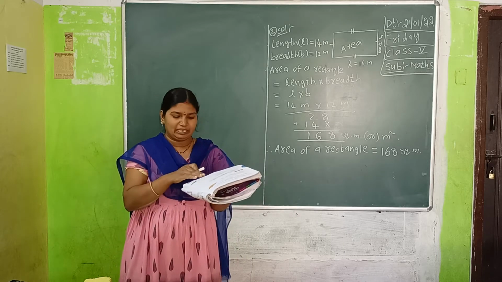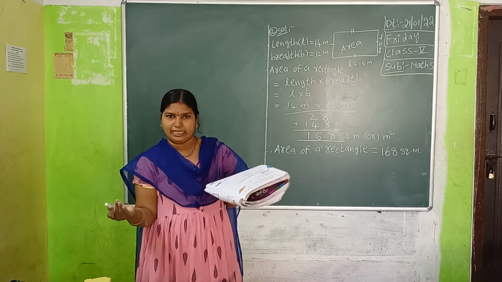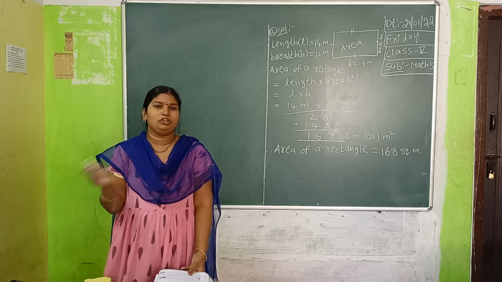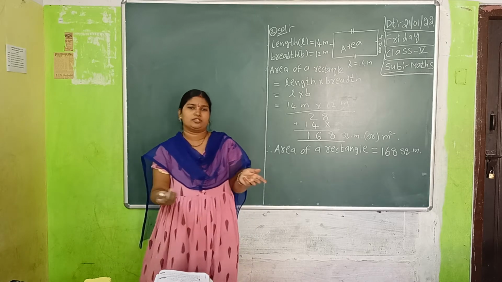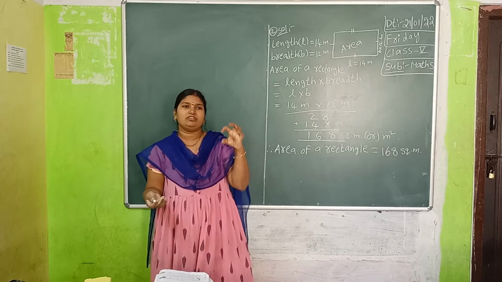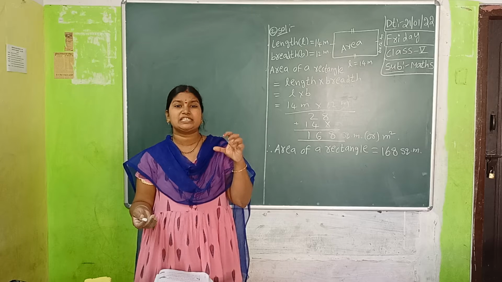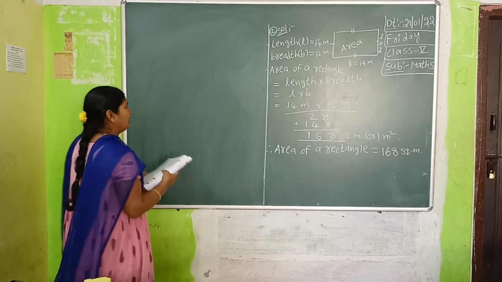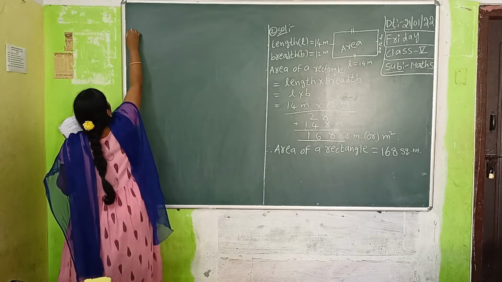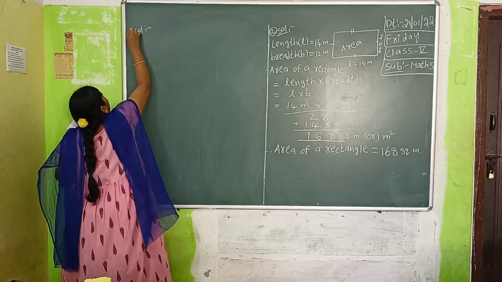Directly they gave the perimeter, and they are asking what is the length of the side. And if you know the side, automatically you are getting the area also. So using the given perimeter value, you have to find the side first. Okay. Write down the given data from the question first of all. Third one.